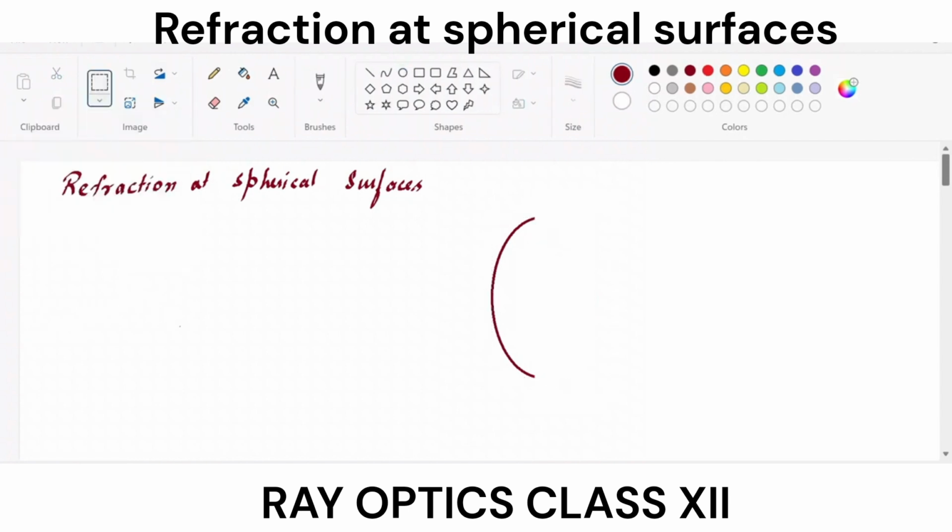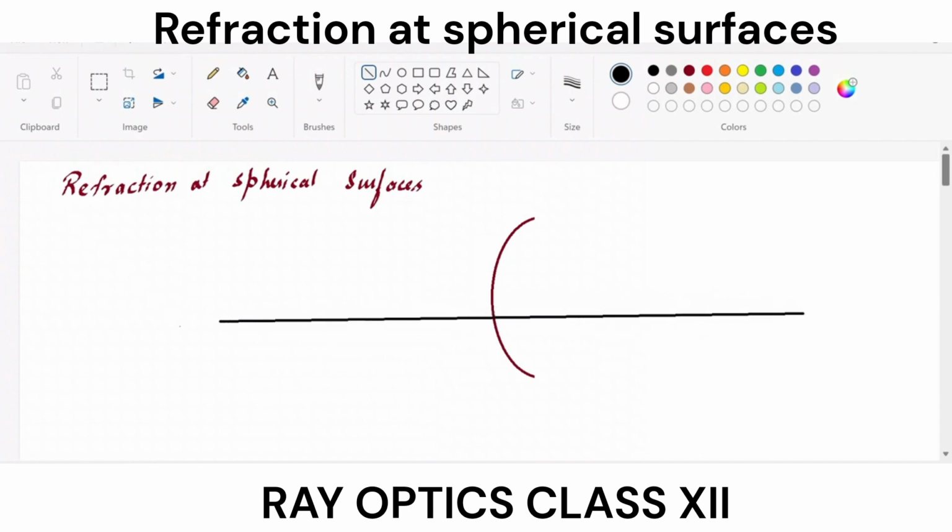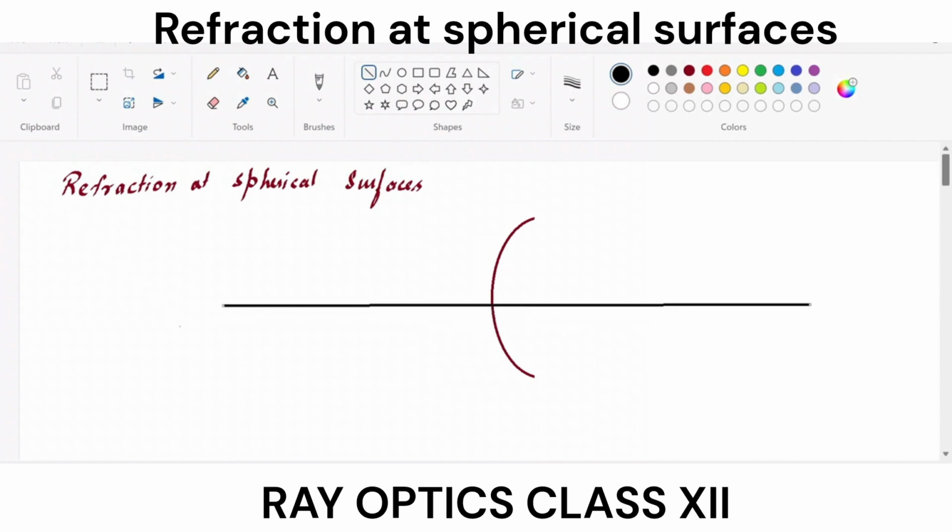Let me cut it from one side because it's only a single surface, one side surface. This is a spherical surface. And let's say this is a ray which is passing through the geometrical center of the spherical surface. Let me make it a little up here. Let's say on this spherical surface there is one object which is placed at O,